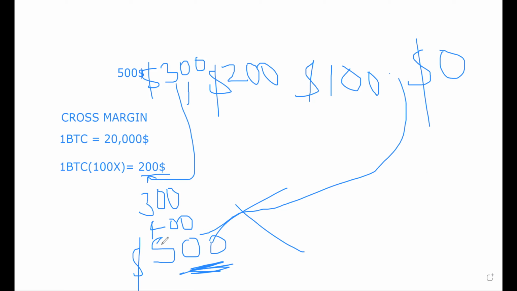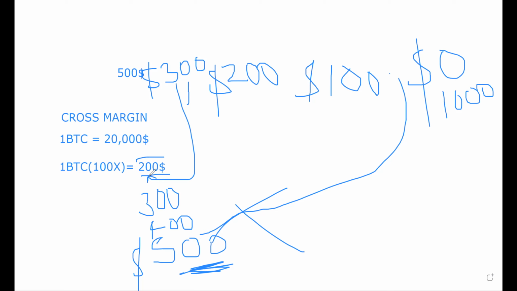Now, if the trade is running against you and you still don't want to be forced out, you can add more money to your wallet. If you add another $1,000 to your wallet now, the trade will keep running, or you just close it like that. So the difference between cross margin and isolated is that with isolated,